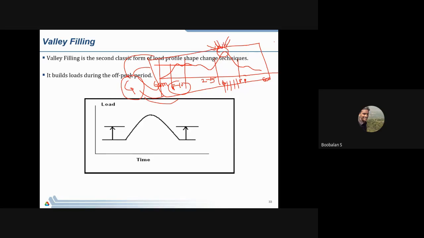Many companies need to disconnect their appliances during this time period, or switch over to their diesel generator. So instead of buying power from the utility grid, they isolate from the network and go onto the diesel generator. But instead of going to the diesel generator, what can they do?